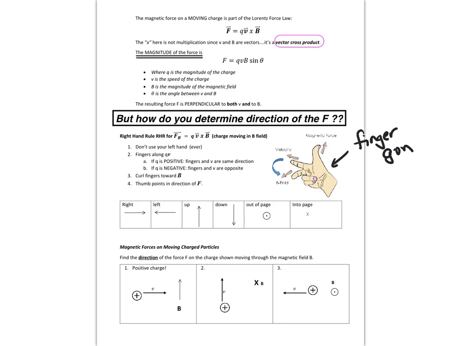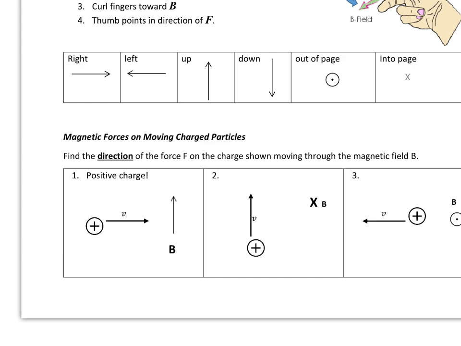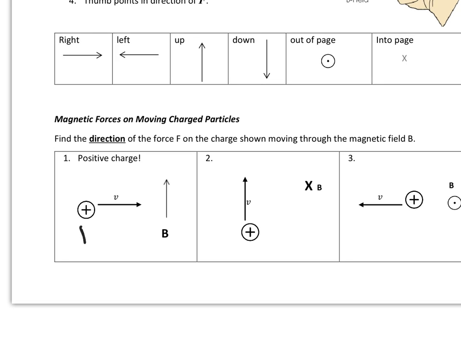So if I were to take my right hand and turn my page, I don't even know if I can do that. I don't think I can, but I can turn my iPad and make my pointer finger align with this. Can you turn your paper and have your pointer finger of your right hand straight out like you're doing finger guns, right? Line up your pointer finger with that. Then automatically,